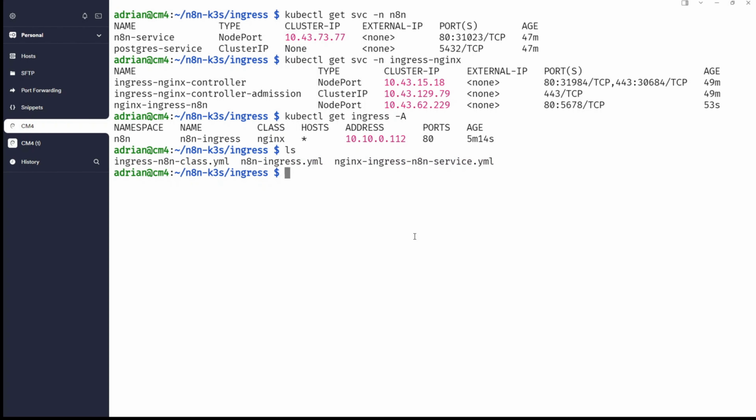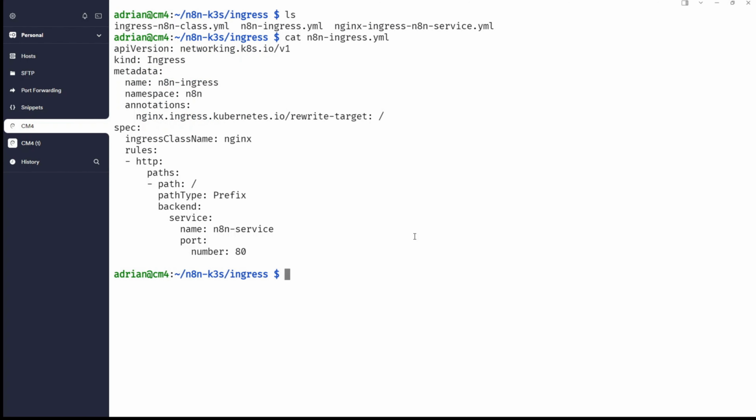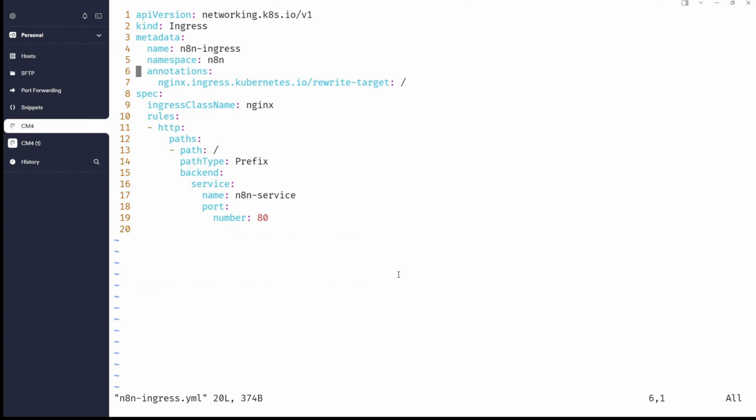So yeah, I will list it once again, and maybe I will clear the screen and okay, this one. So we have n8n ingress, cut it. Okay, right? So what we have here, we have something like this, and you're wondering what we have to do with this file. Well, what you have to do, you need to provide a host name into this file. So we need to edit it, so vim n8n ingress, and here you need to do one simple thing,